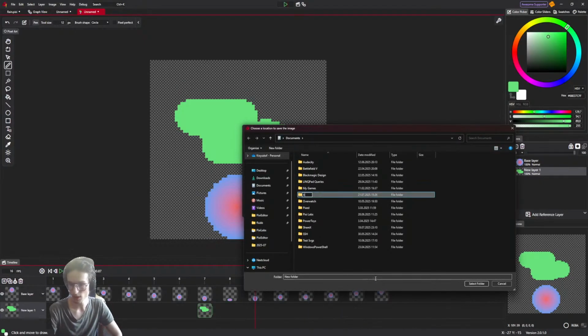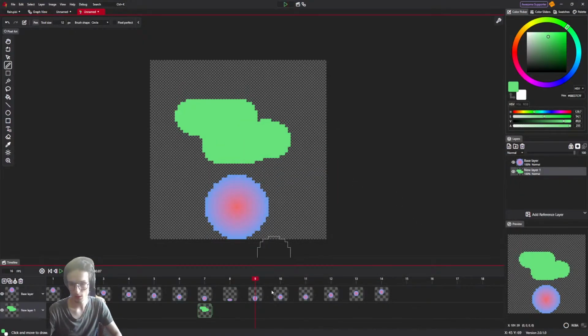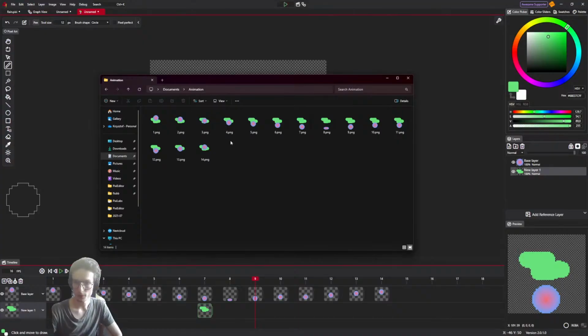So let's pick this folder, and it will export all the individual frames. Let me just find it very quickly. Oh yeah, there it is. Unfortunately, there's no option to set the suffixes for now, but it shouldn't be hard to add. So yeah, I suppose it's a good idea for the future.